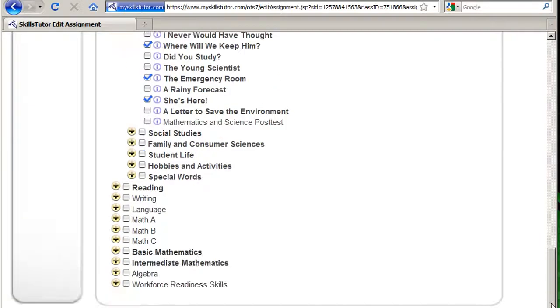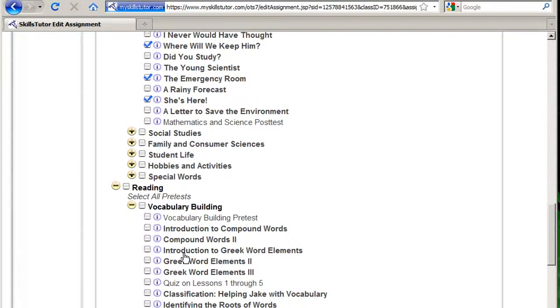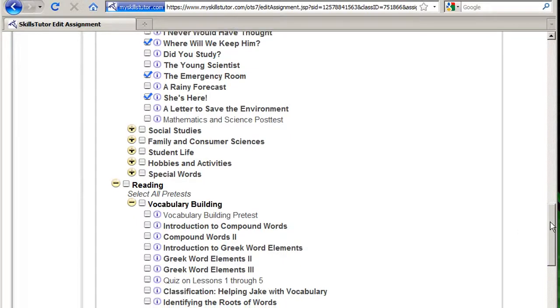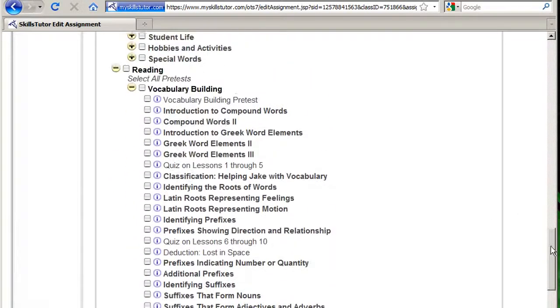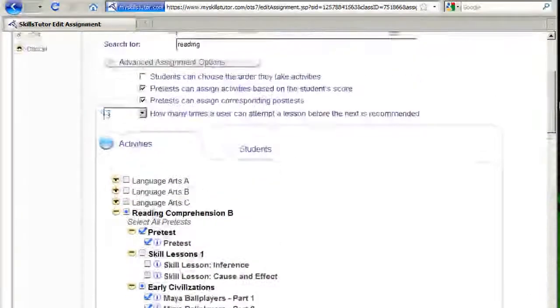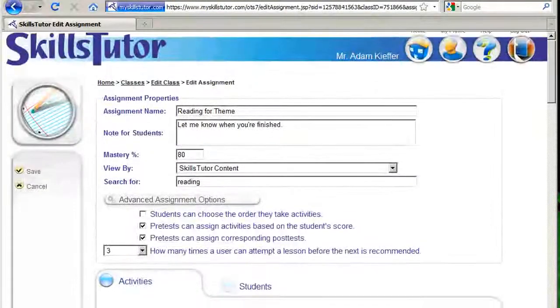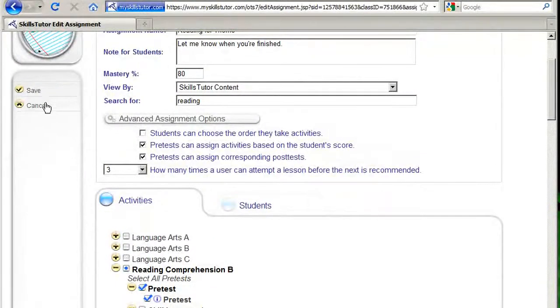So I'm just going to pretend I'm making this class, which I am, and I don't know if I want Greek word elements, but I'm just going to pretend that I looked through all of this, and I've built my assignment called reading, and I'm done. So when I'm done clicking all the pre-tests, all the assignments, all the activities,